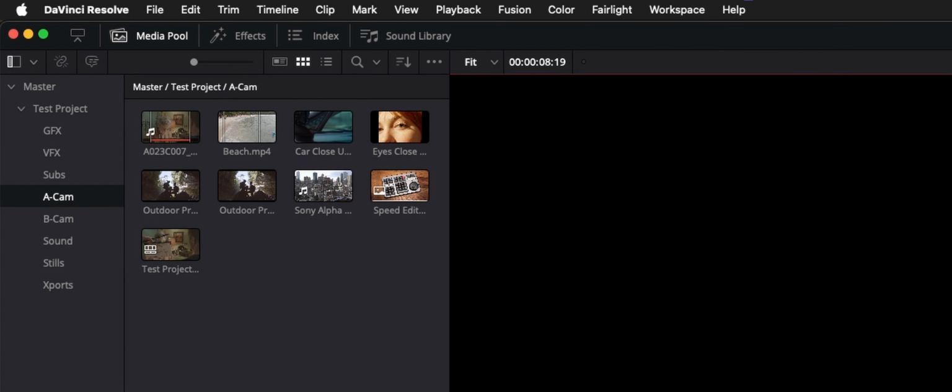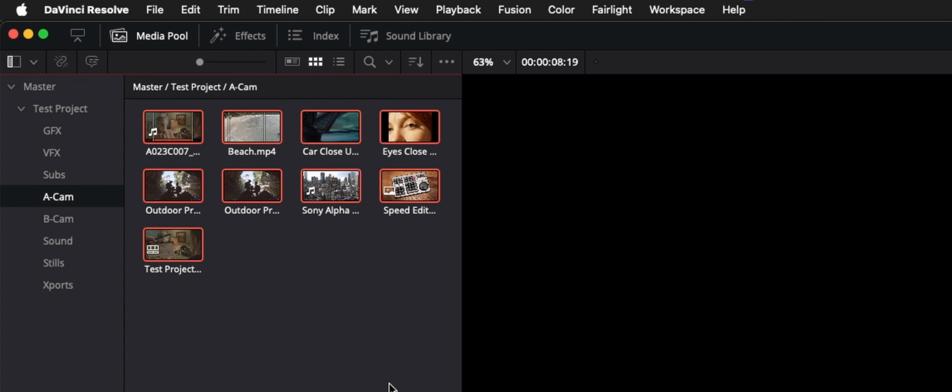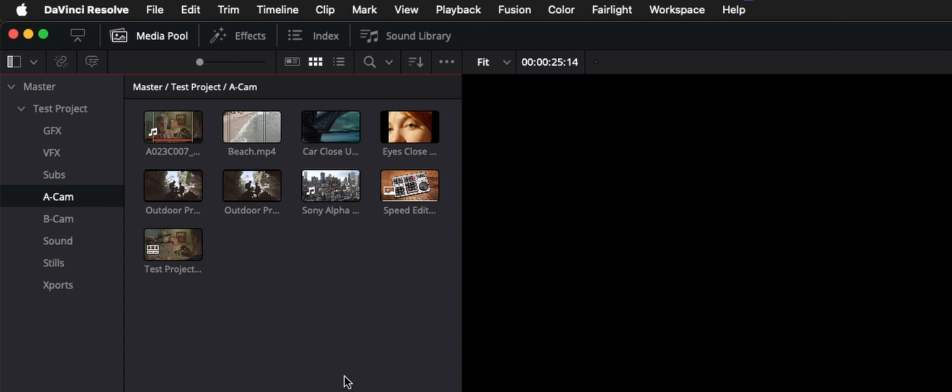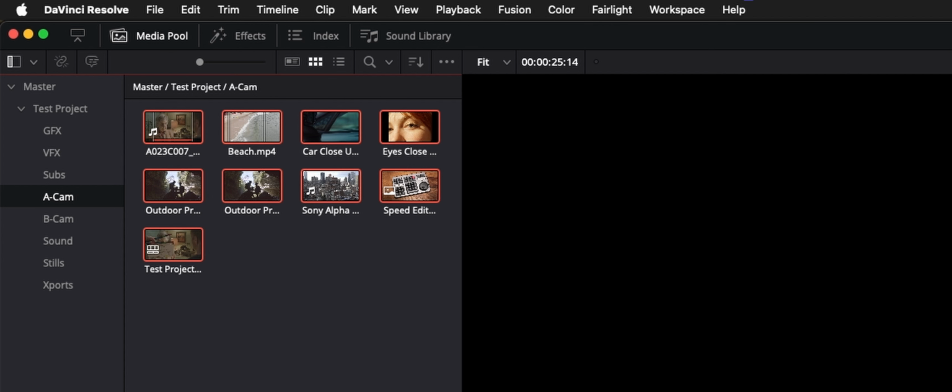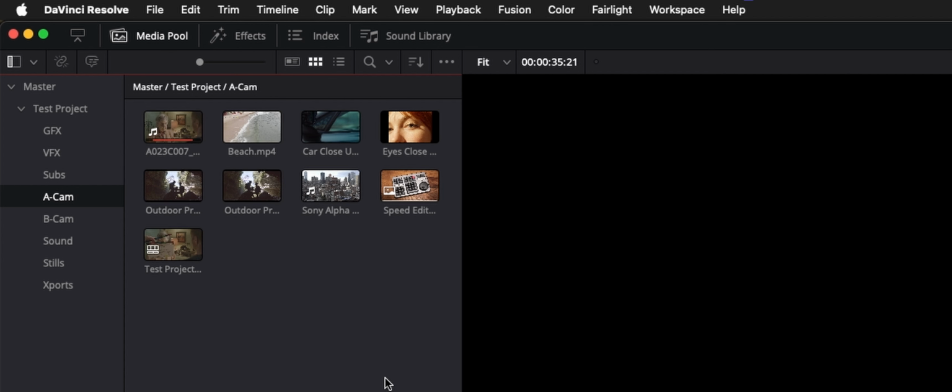If you wanted to clear all your in and outs on your clips, Command A to select them all. And if we hit X, and this is if you want to ensure all your clips in your media pool have the in and outs cleared, you hit Command A and then you hit Option X. And now you can see if we click on this clip, now we have full length, and same thing with